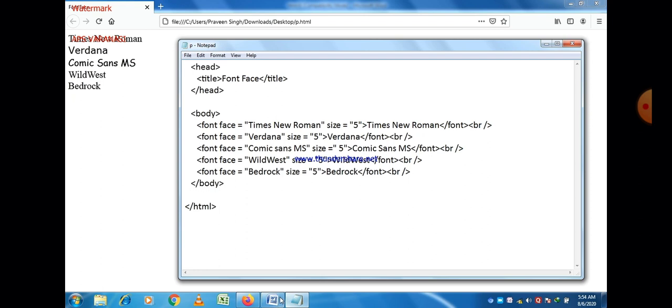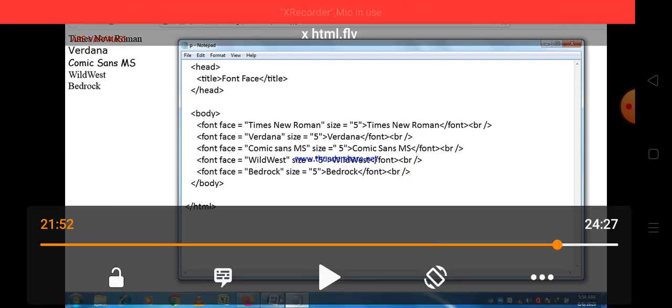Suppose you want to define data in Comic Sans MS, and Comic Sans MS font is not installed in a computer, then you just want that this data should be represented in Verdana font instead of the default font, that is Times New Roman. Then for this purpose you can use Comic Sans MS and Verdana together, separated by a comma sign. In that case, if the first font is not found in your computer system, then according to the second font face value, your data will be there in your output.